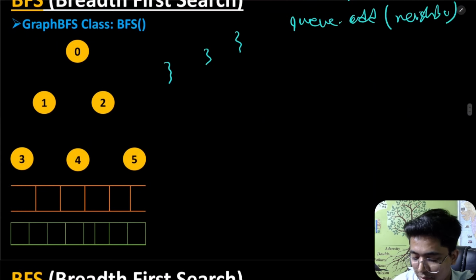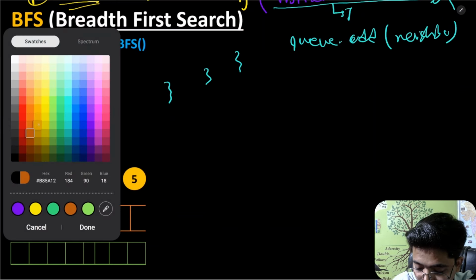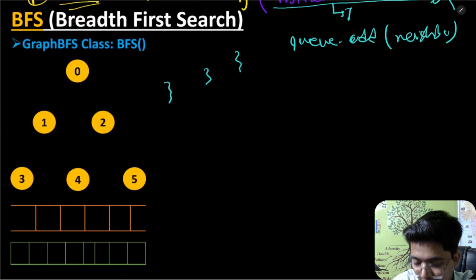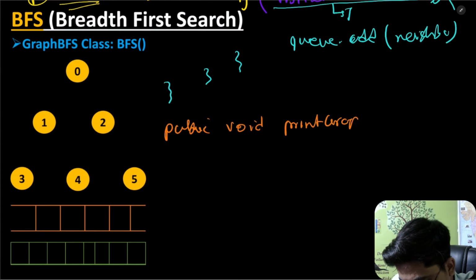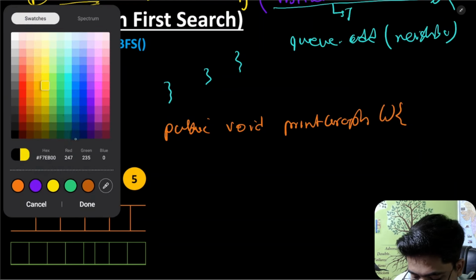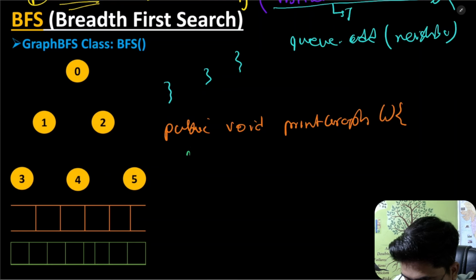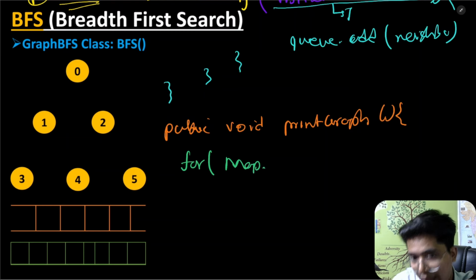So let's write the print function. Public void printGraph. Now we are printing the graph. For that we'll write a for loop, creating a variable of the entry set, Map.Entry, and this map has integer and